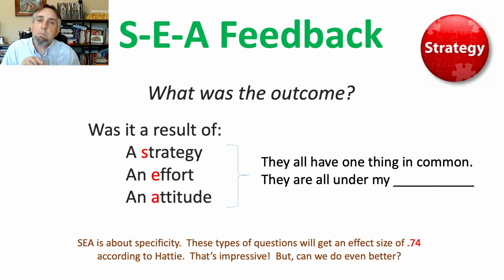This is one that I touched base on, I think, briefly last time we were together, and it's a feedback strategy. How do we go about giving feedback to our most reluctant learners? Here's what we do. Imagine that your student, that reluctant kiddo, took some sort of assessment or did some sort of project or produced something, and you graded it. Maybe it was on a rubric, maybe it was an ABCD scale, whatever it is. You graded it, you provide some feedback. Here's how you might use SEA feedback.